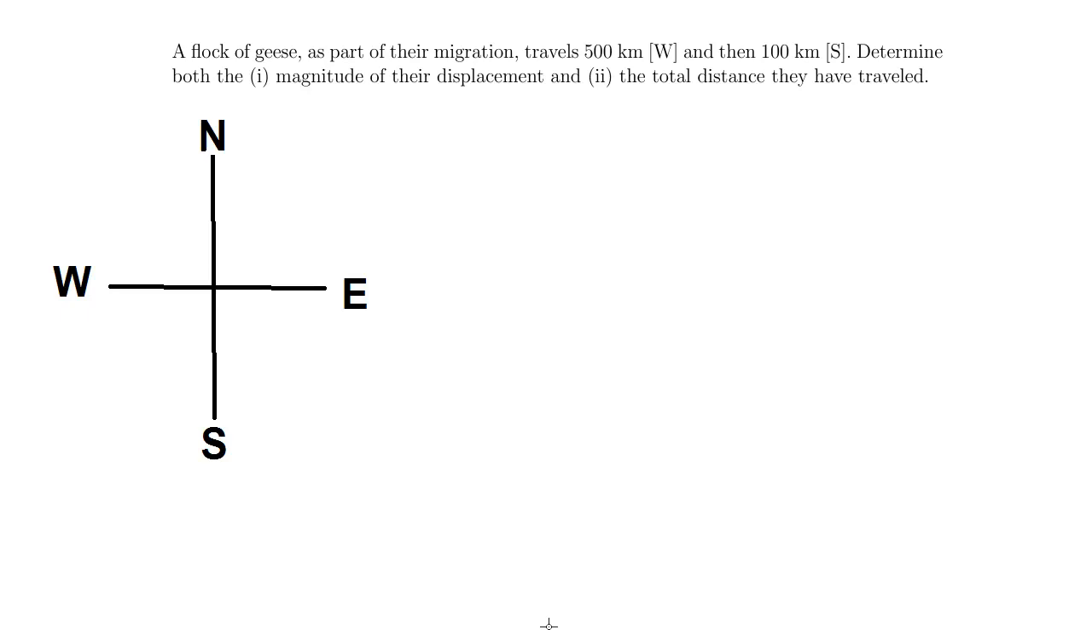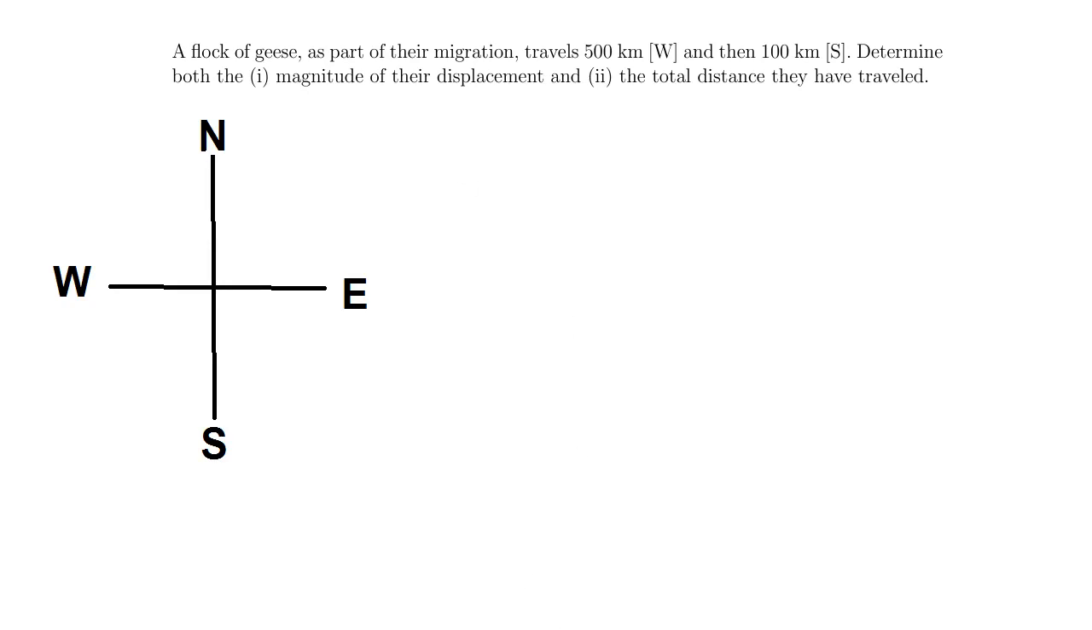With displacement being defined, we can take a look at solving a sample problem here. You have a flock of geese, you're tracking their migration, and you find that they travel 500 kilometers west and then 100 kilometers south. And you're asked to find two things here, the magnitude of the displacement, as well as the total distance they've